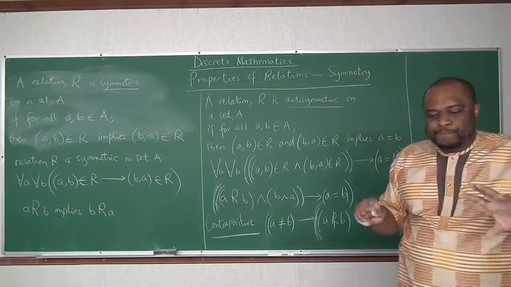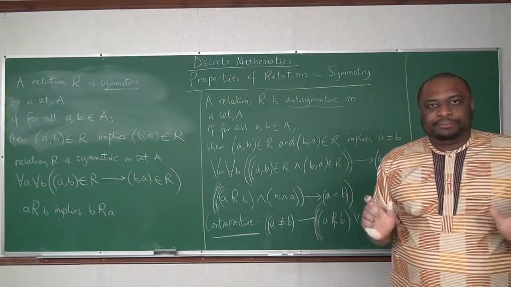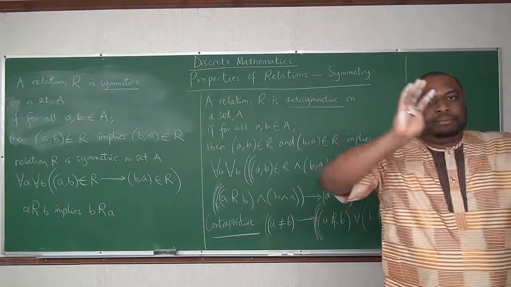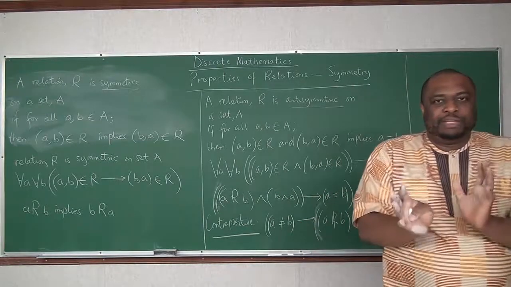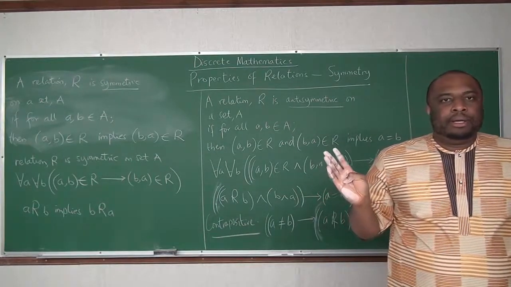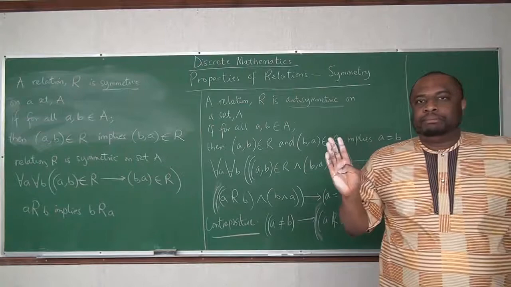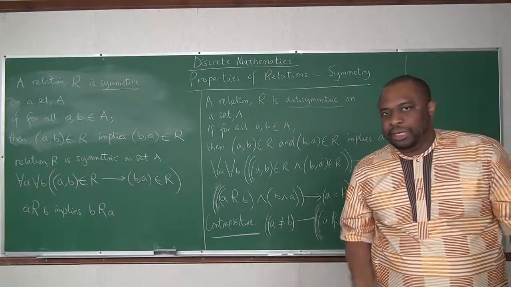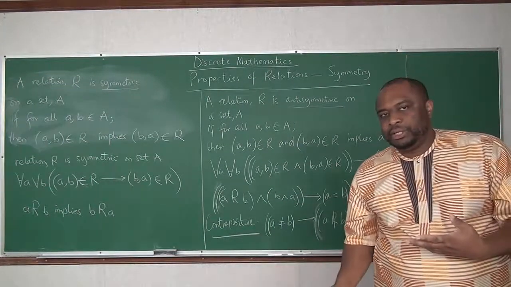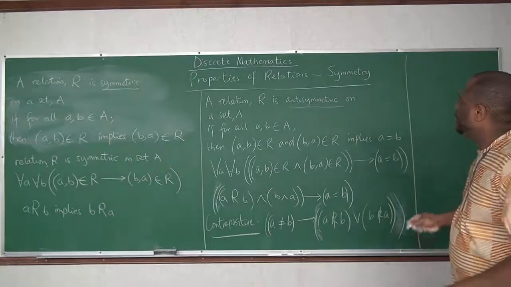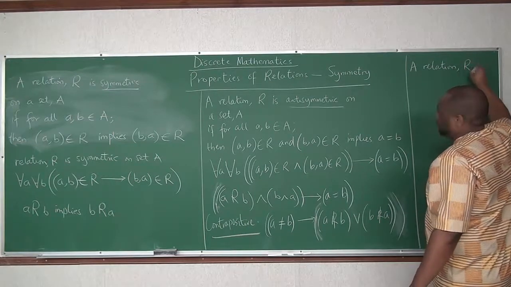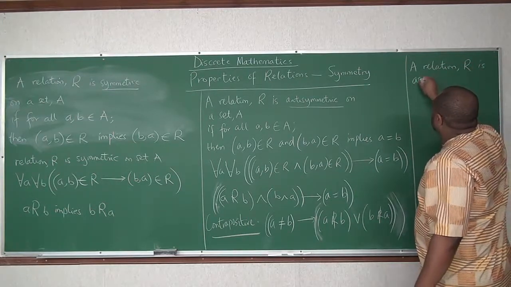Now, let's get to asymmetric. With asymmetric, whenever we have A relation B, we don't have B relation A. So A relation B implies not B relation A. Whenever you have A relation B, you do not have B relation A. That is asymmetric. So we say a relation R is asymmetric